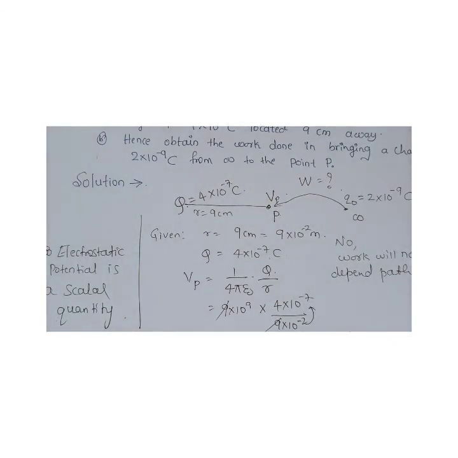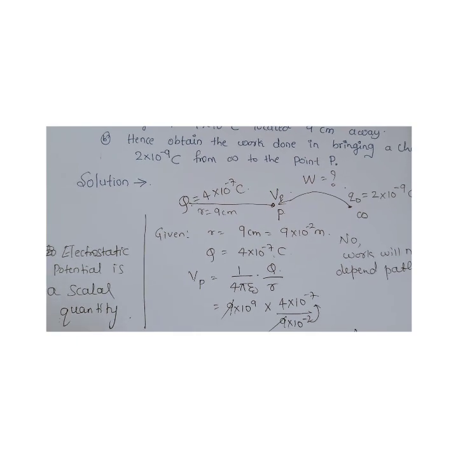So I hope you understood up till here. What we studied in today's video: the definition I just gave you, of potential, because in the previous video we had derived its expression. Now we came to know its definition, that is, work done in bringing a unit positive charge from infinity to that point against the electrostatic field or force. Then we saw the variation of electric field and potential with R by taking different cases. And then we solved one problem to know the application of electric potential. I hope now you understood how to find potential.